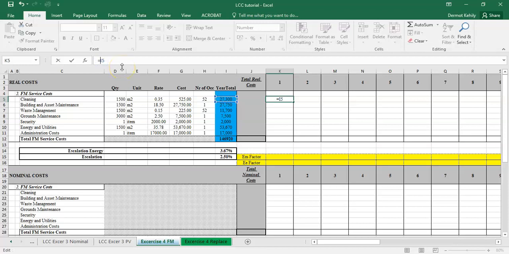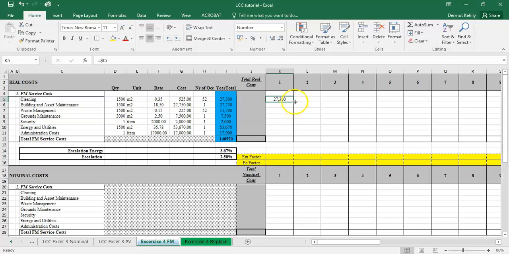So Shift 4, so $I, and do not put the dollar in front of 5 because it'll lock that cell, whereas I don't want it to do that. I just want it to lock the column, which is the first, I suppose, letter. So click return. Now if I pull that across with a little left click on the bottom right dot,